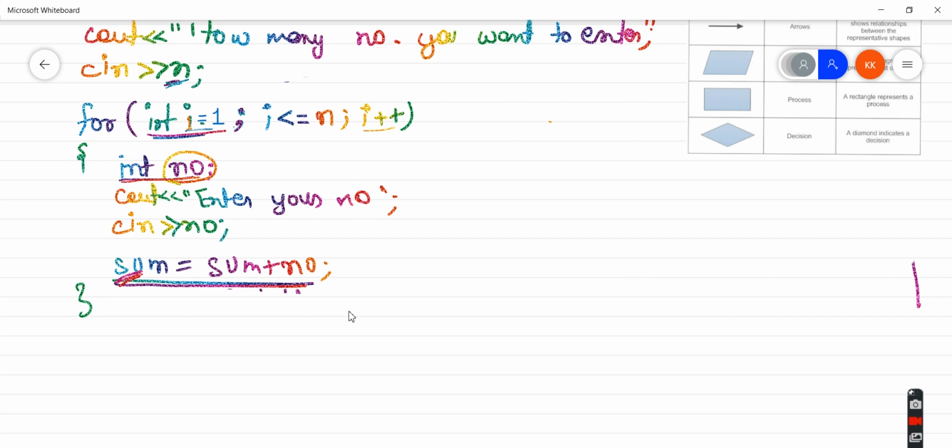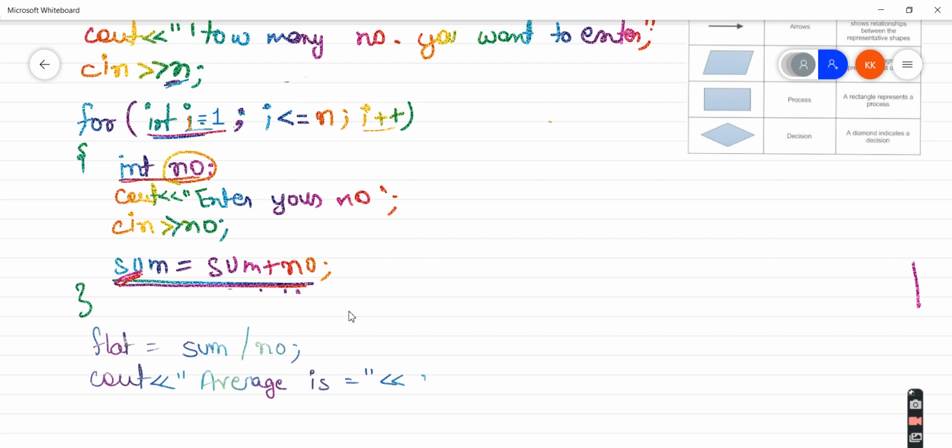Let's say now I need to print the average, so I need to again have an average variable, like float average is equals to... Let me just trial run this program, then it will be more clear to you.